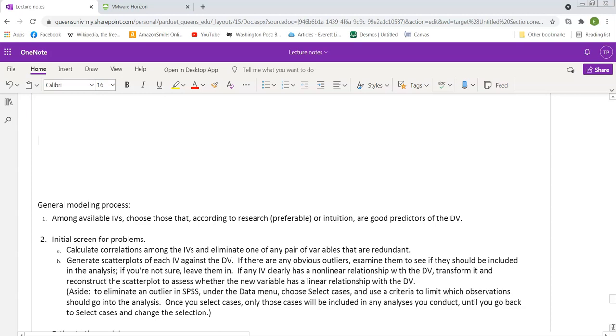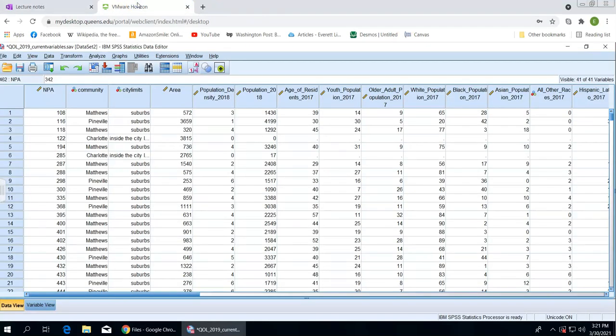There is one thing I want to show you how to do in SPSS at this point. I want to show you how to eliminate outliers. So if there's a data point or two, or however many, that you don't want to include in your analysis, say we wanted to exclude Uptown, because Uptown has a really high property crime rate, and I'm not going to tell you whether I'm going to exclude it or not, because you're going to come up with that decision separately of me. But if we did want to,